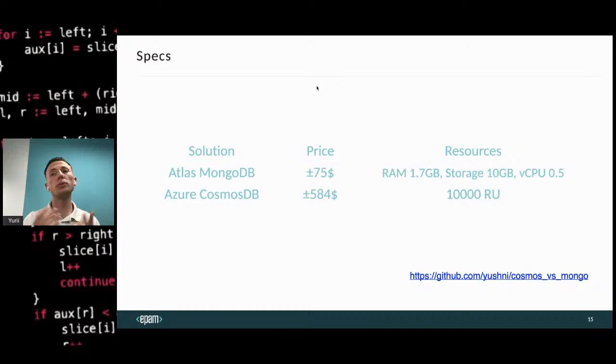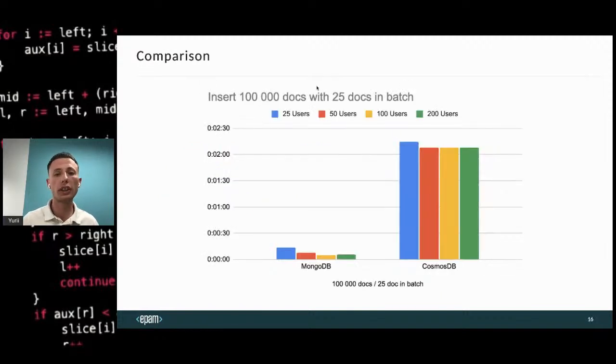I decided to check simple queries that we usually run, and I decided to start with the insert. We have in total 100,000 documents, and let different numbers of users insert these documents into the database.